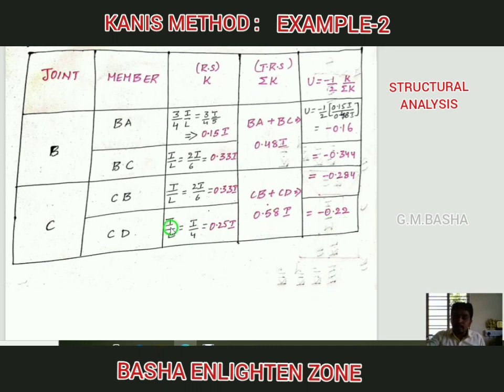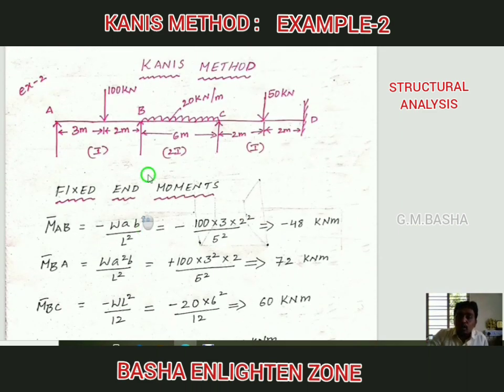Friends, what I want to tell here is you always remember two important points. A is simply supported, that is the reason I am considering here relative stiffness BA equal to 3 by 4 times of I by L. But if you look at BC and CB, these are also simply supported ones, but here these two are the intermediate supports. That is the reason I am considering these two far ends in B and C as a fixed support. A is simply supported, D is fixed support, B and C are intermediate supports but considered as a fixed support. So you always remember this step. This is a very important point.